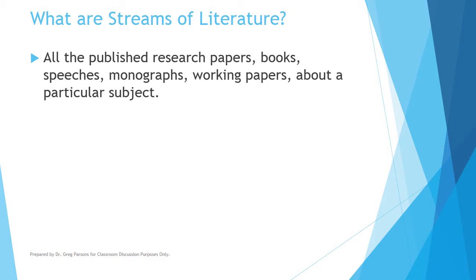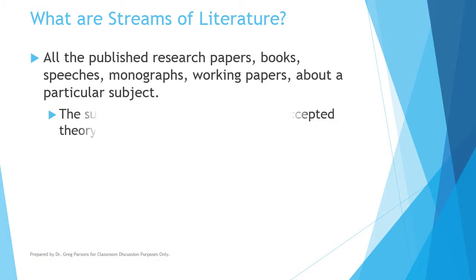What are streams of literature? Well, it's really all the work related to a particular subject. It could be published research papers, books, speeches. We tend to focus on peer-reviewed literature because that means it has a degree of validity and you can kind of trust it. It also supplies the resources of where did it come from, who was it based on, whose work came before. It's also then easy to trace in other work that have cited it. If you ever use Google Scholar to find out which work has been used, a particular article has cited it, you can kind of trace the stream of literature forward from that.